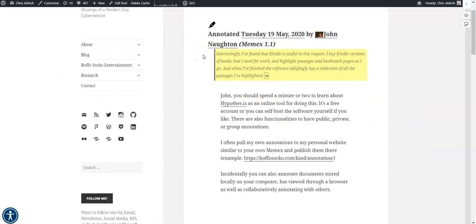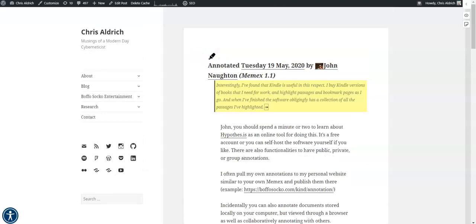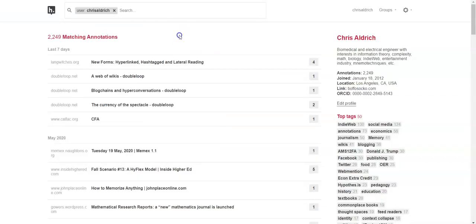So my annotation now, you'll notice, lives in 3 places. It lives on John's website with Hypothesis attached. There's a copy on the Hypothesis website. There's a copy on my website, and because I sent a version to Twitter, there's also one now living on Twitter as well. If you go to Hypothesis's website, you can do a quick user tag search for my username. You'll find my